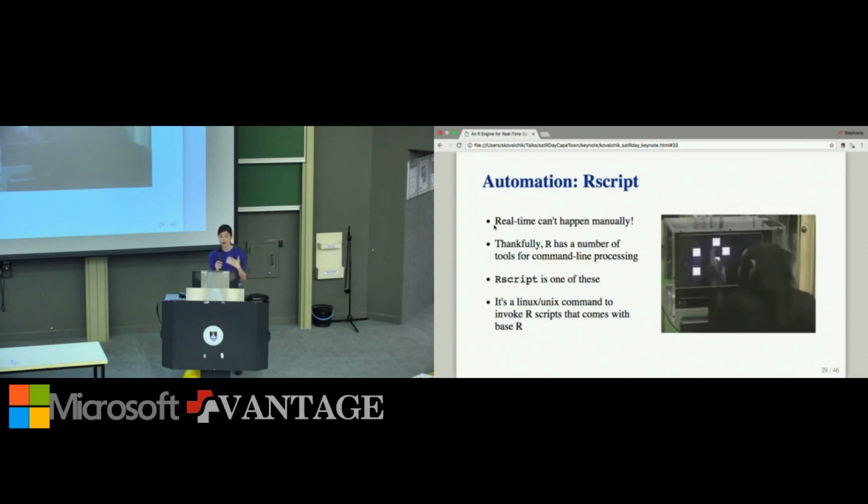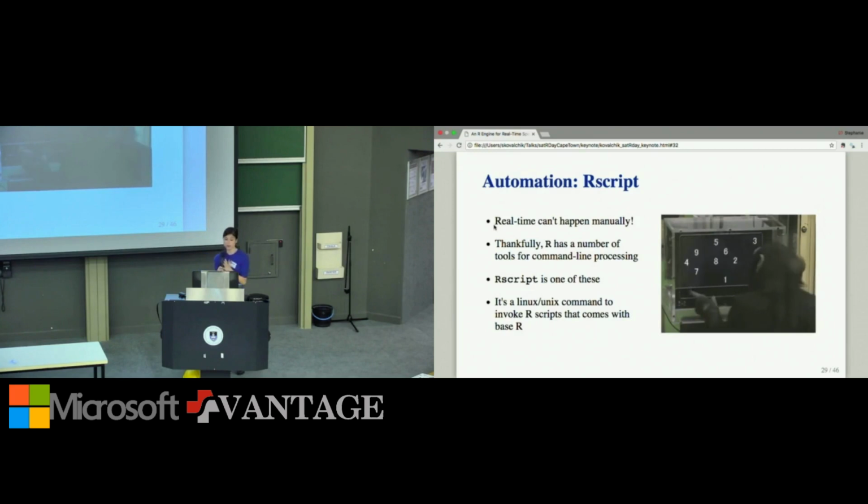So I mentioned before how automation is a key part of our engine and our processing. How many of you have worked with Rscript? Do you have some familiarity? Excellent. So it's ideal, especially if you're on a Linux or Unix system, and it's important to keep in mind that you can also provide arguments. I don't think we saw an example of that previously today, but that's a critical one for us because we're dealing with variable data.